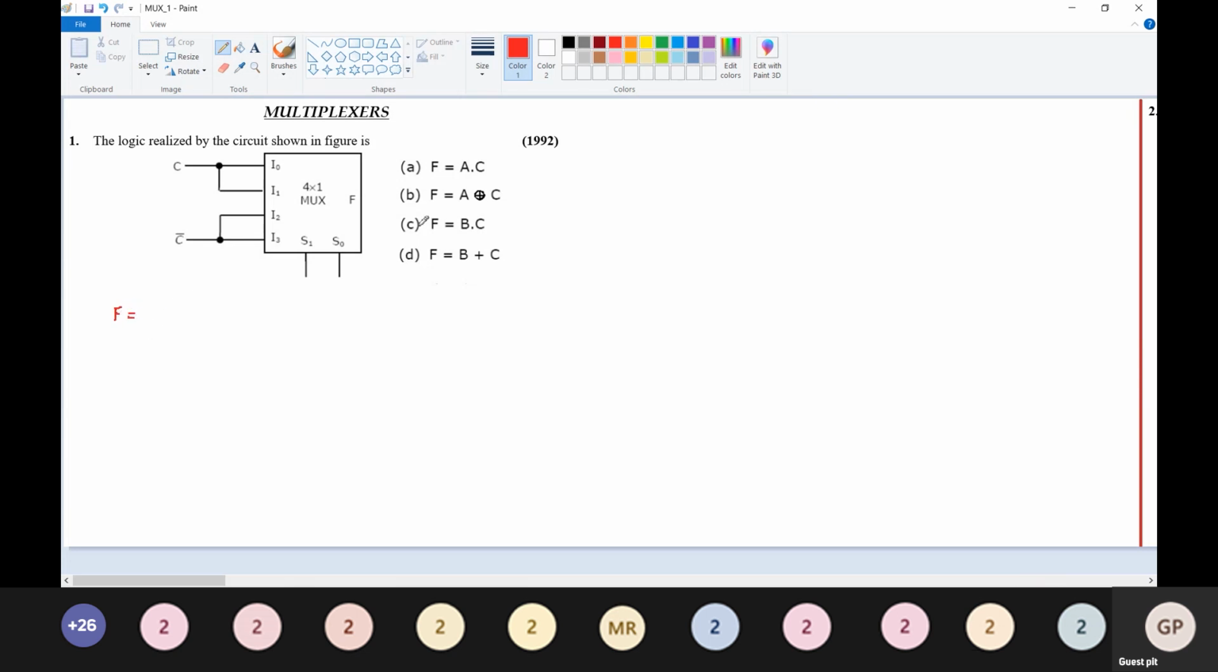to. It's a three variable function, and here these are the two selection lines, and it's a 4:1 mux with four inputs and one output with the two selection lines. The two selection lines here are A and B, and C is the input. So here the output F can be written as